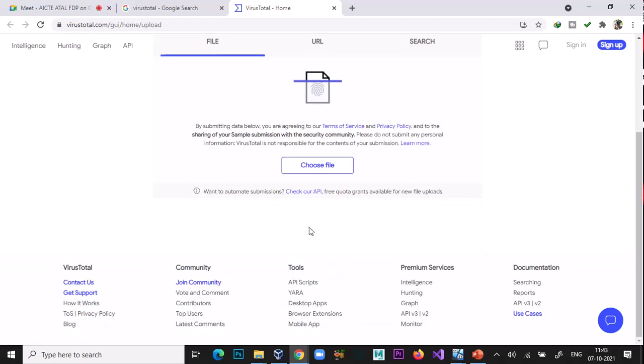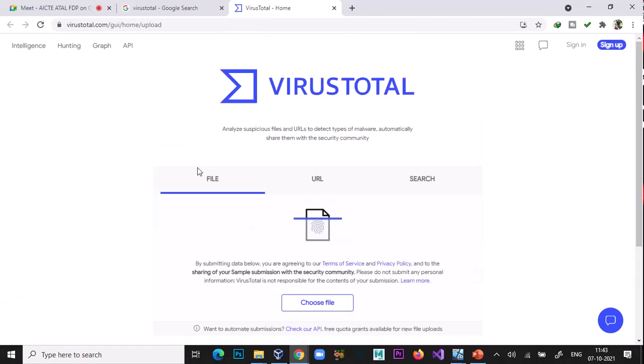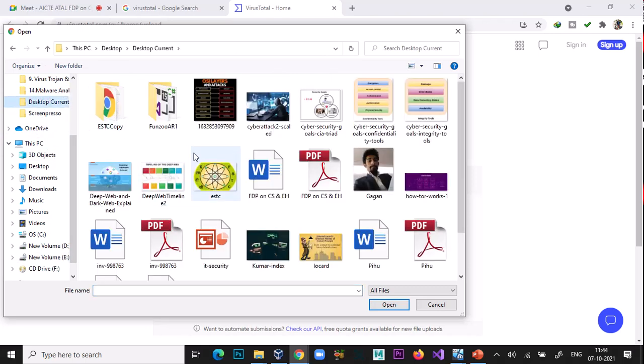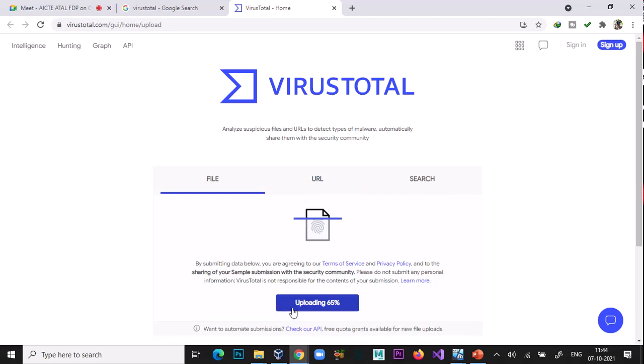So VirusTotal is basically a combination, a database, of lots of antivirus companies. I will give you a small demo. Suppose this is a simple file. I upload it, confirm upload.